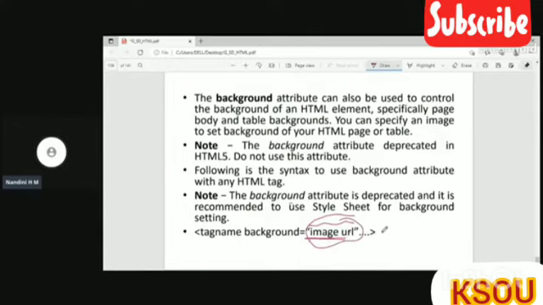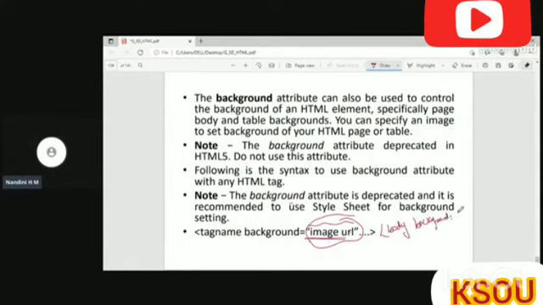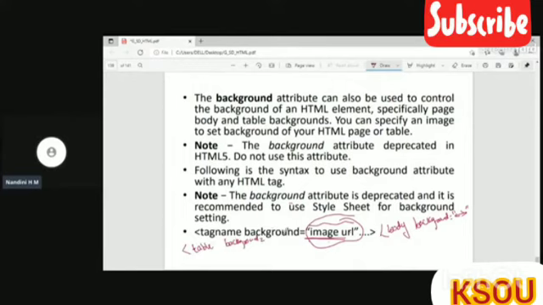So if I want to set the entire web page background as an image, at that time, body space background is equal to image URL. If I want to give a background to a table, what will I do? Table space background is equal to, I'll give the URL of the image. Okay.